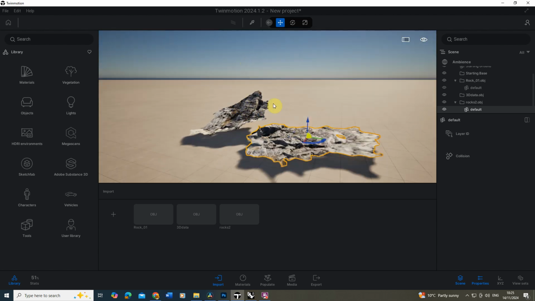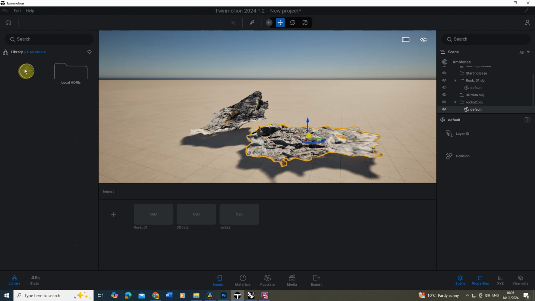They're being lit up already by Twinmotion's built-in lighting system here. But what you might want to do is use these in other scenes later on, or start to use them with some of Twinmotion's scatter plugins and other tools that you're using for scattering lots of these objects in the scene. Now we can actually create a user library which can save a lot of these objects in that we can use them again. And we can find this just down in our library on the left under this user library